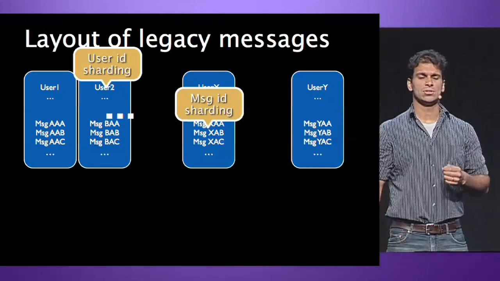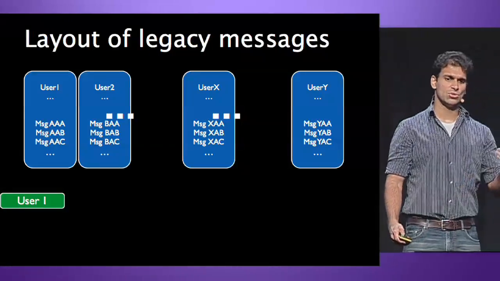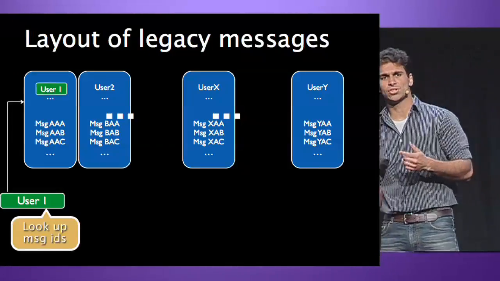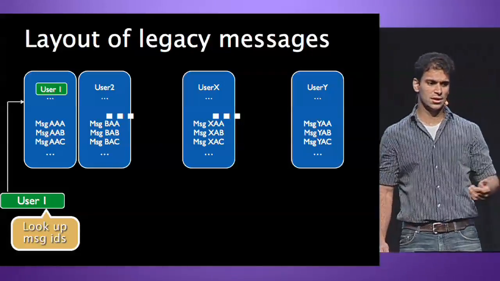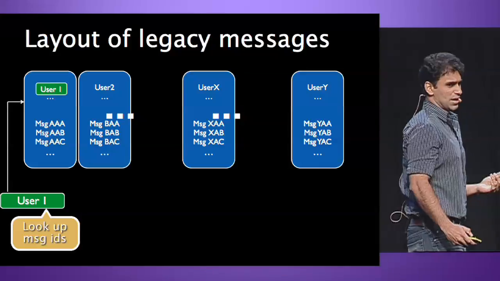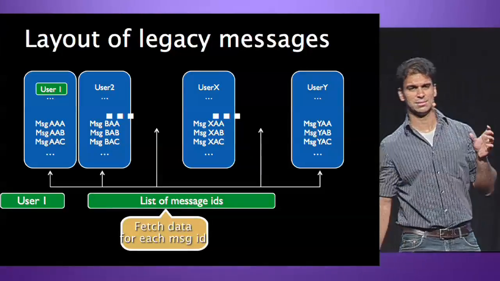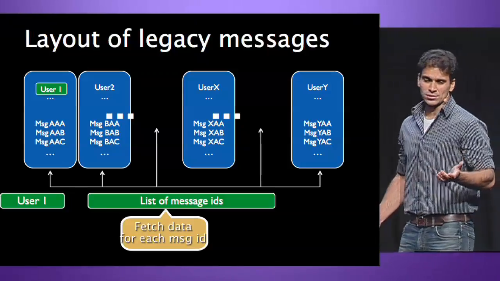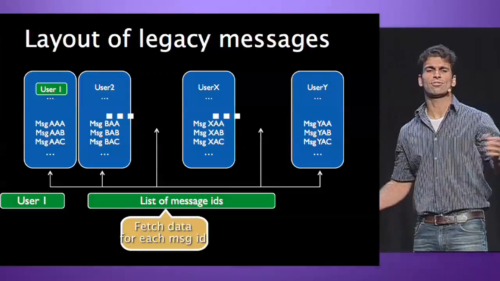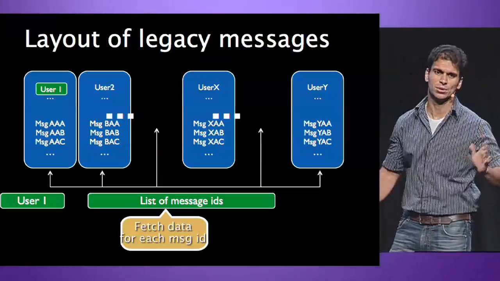So what does that mean to look up any one user's data, right? So we have a user 1. So in order to look up the message ID, we go to the database that the user has and fetch the list of message IDs. Now, with this list of message IDs, we have to go to each database that has the message and fetch the message data. So what does this mean for migration? Just do that, but do that for all the users, do that fast, and don't take down the production site. That's kind of what it is.